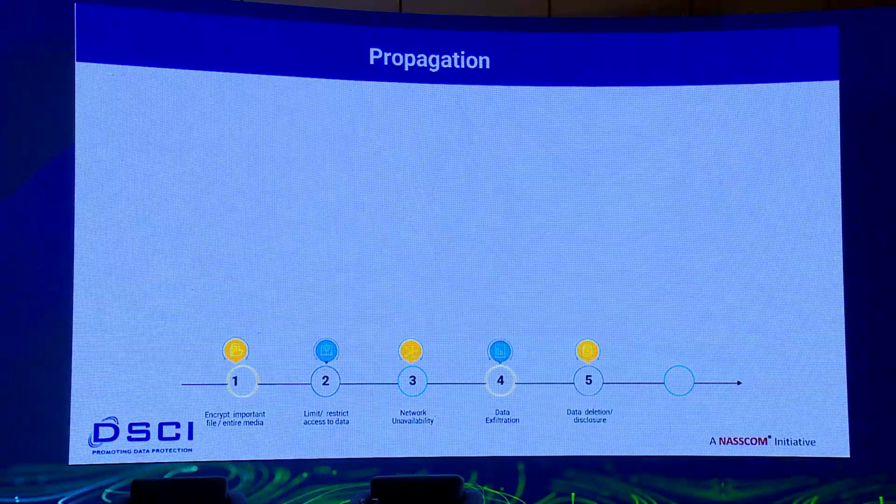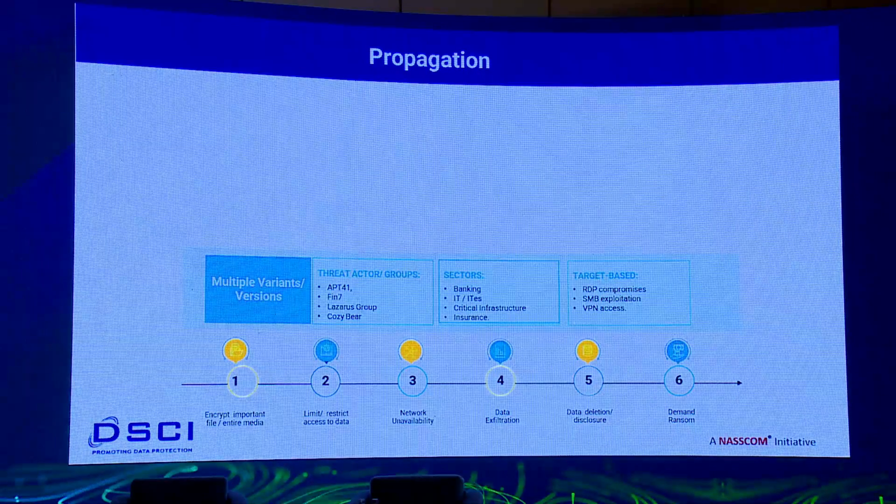And then the sample propagation, right? Organizations started understanding ransomware after the WannaCry incident. Then people started putting a lot of effort into backups, right? Started taking primary backup, secondary backup, tertiary backup, whatever. But again, attackers went one step ahead and have started encrypting even your backups, like the secondary backup, even if it is in the same environment or in a different environment. So backup was no longer a permanent solution to